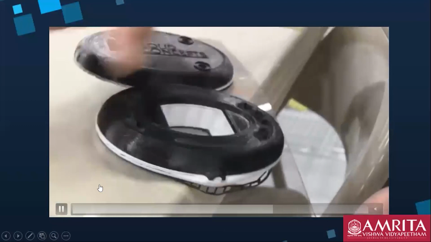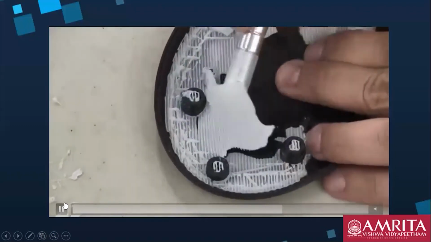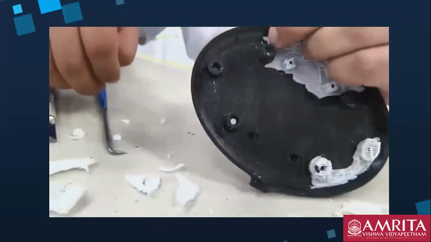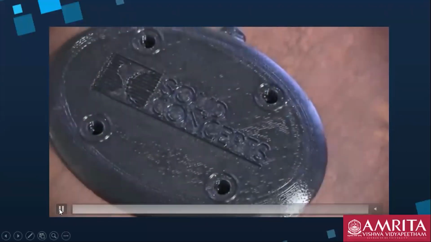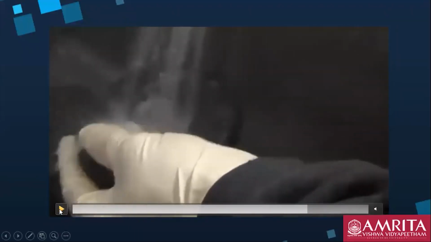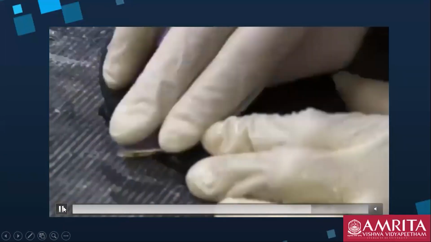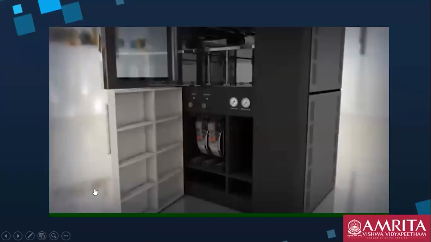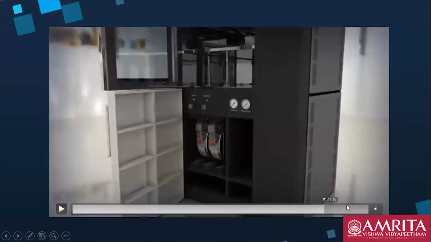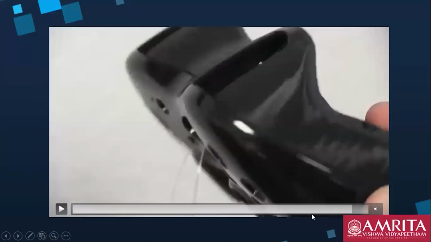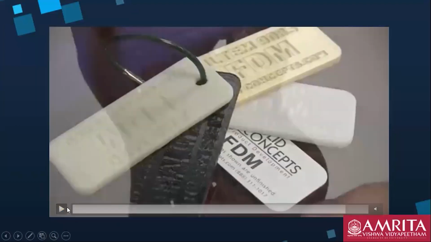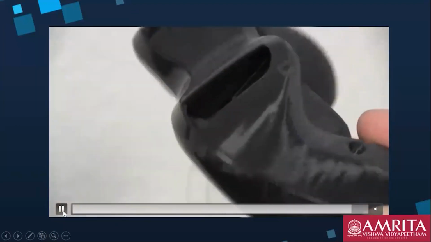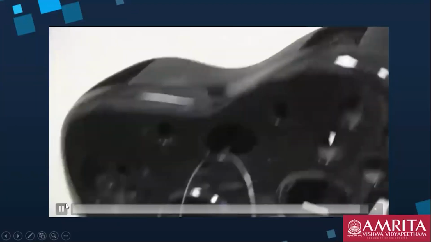You see over here, and they will show you now how they are removing this sacrificial layer. This is not required in the end product, so that has been removed. And here is our final 3D product. What they are doing is applying coolant to it, since you are heating the material. So they are applying the coolant and finishing it. Okay, just a minute, I'll show you once again. So these types of products you can easily make using this FDM, fused deposition modeling.